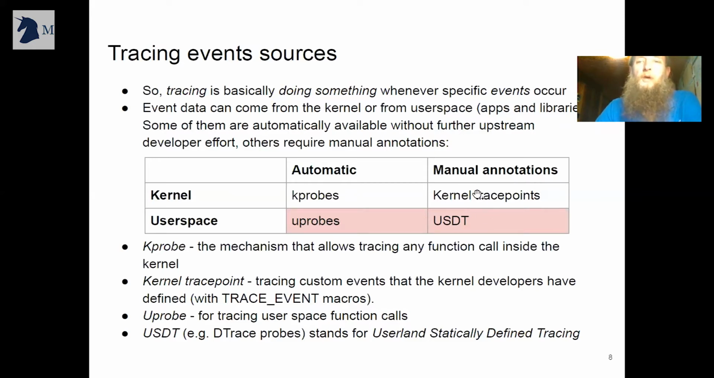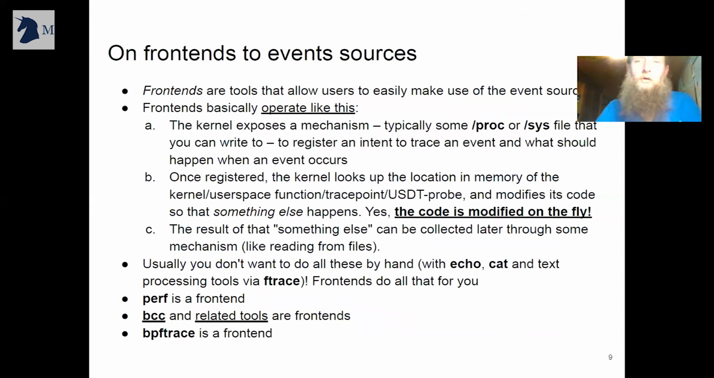So they come in the form of kernel trace points or user land statically defined trace points or dtrace probes. These are less interesting to me. More interesting to me are those automatic events that can be added on the fly to the kernel. It would be a kernel probe, or to the user space, it would be a user probe. So that's my main point of interest here. And specifically, I'm interested in user probes. So with this in mind,